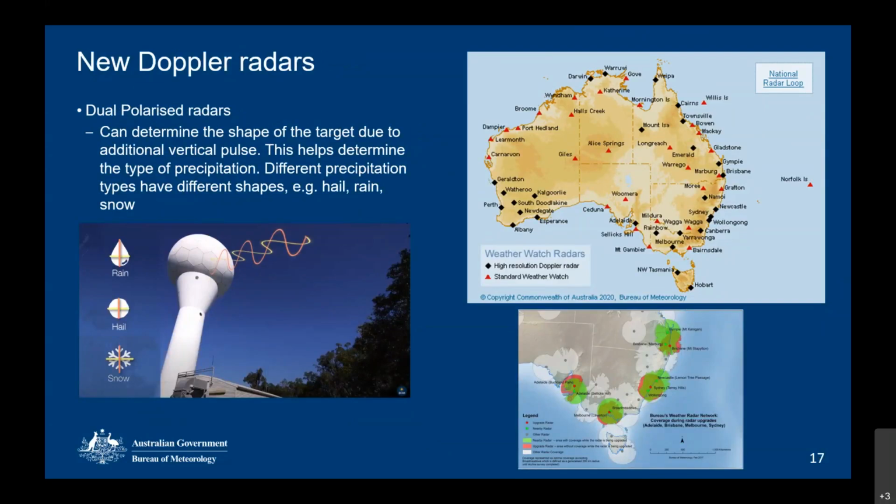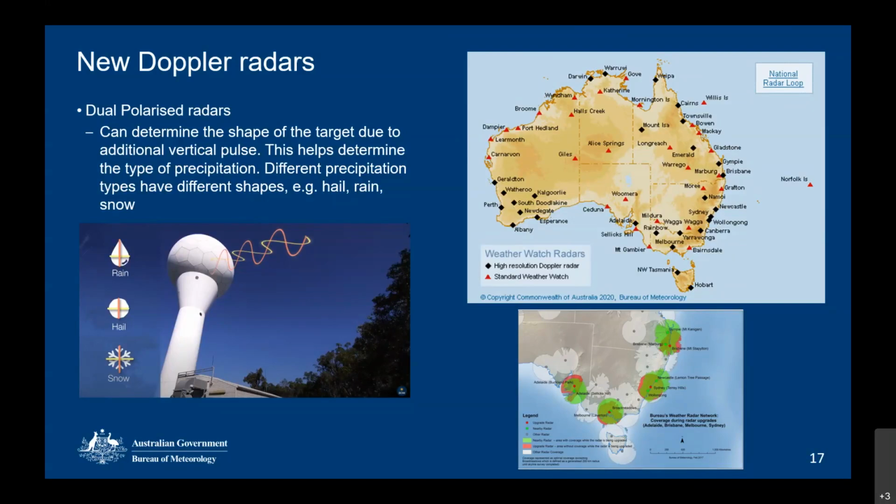All right, so the new Doppler radars, we have 8 radars at the moment that are dual polarized. Traditionally, most radars transmit in what they call a horizontal plane. As you see in the picture on the left, you see 2 planes being transmitted, 2 signals. Now, with the dual pole systems, we transmit not only horizontally but vertically. So we send out 2 pulse fronts, 2 wave fronts at right angles to each other.